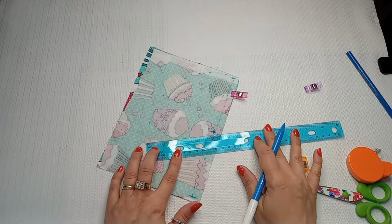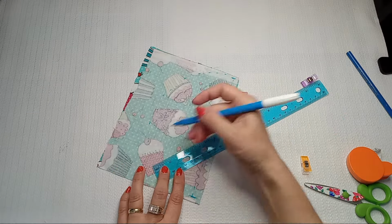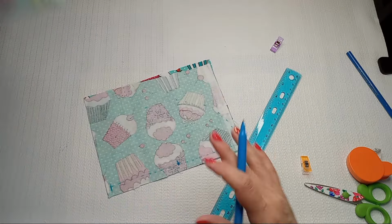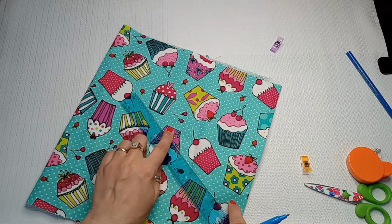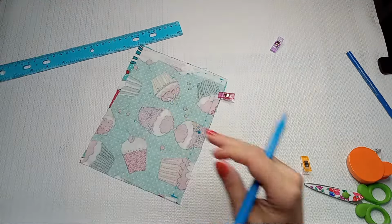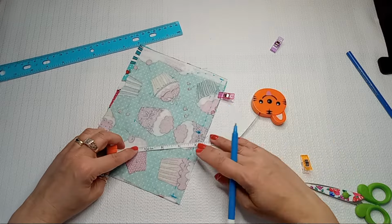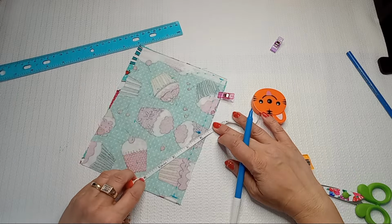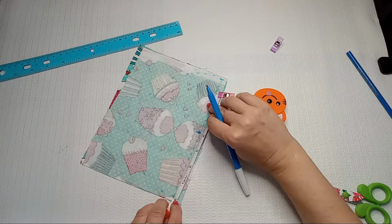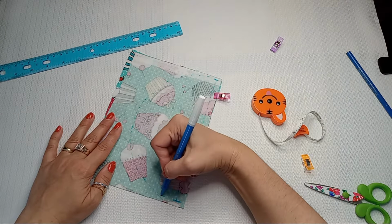And you can do this even if you have a whole fabric, you can fold it in two and you can have that half. Or if you have a whole piece of fabric just like this, you put your ruler in the middle and you go around it till you make that whole circle. Or you can even use your little measuring tool here. As long as you stay at 4 inches, you're good to go. Or you can always pull out those geometry tools. And there, now you can connect your dots. And this is the place